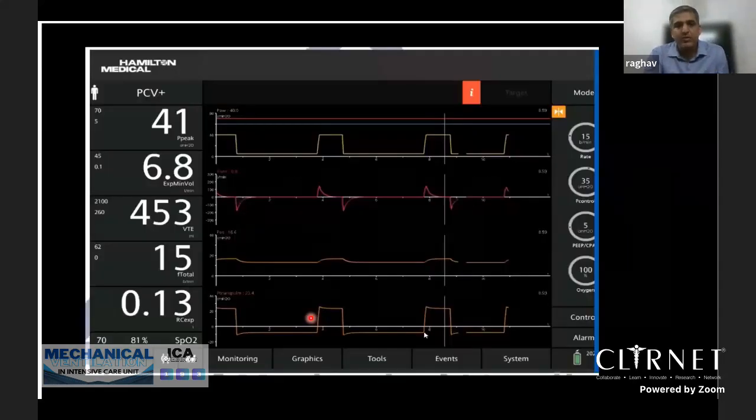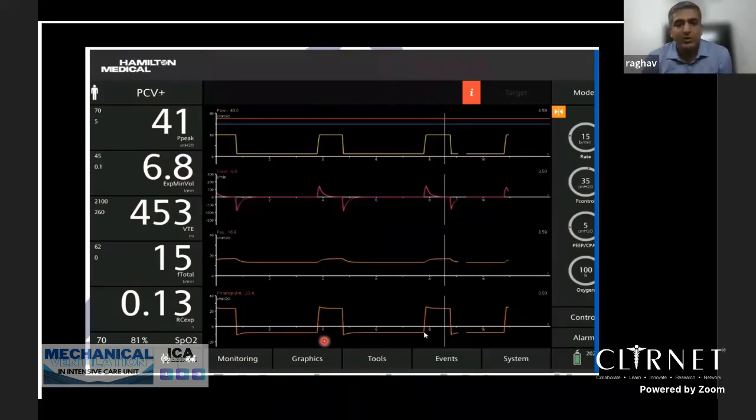So I will give you an example of this ventilator screen. You can see that the first one is the pressure time scalar, the second is the flow scalar, the third is the esophageal pressure graph, and the fourth is the transpulmonary pressure graph. Transpulmonary pressure is nothing but airway pressure minus the esophageal pressure. This is the inspiration and this is the expiration. As you can see, we have set the PEEP to 5, and at this PEEP, the end expiratory pressure is negative. This is below the baseline of 0. That is, the end expiratory transpulmonary pressure is negative. This will lead to collapse of alveoli.